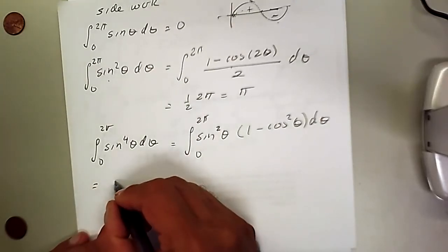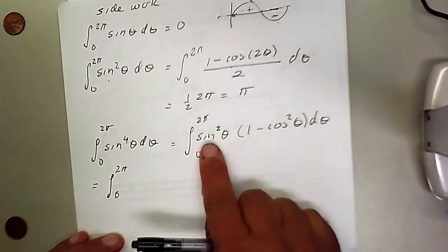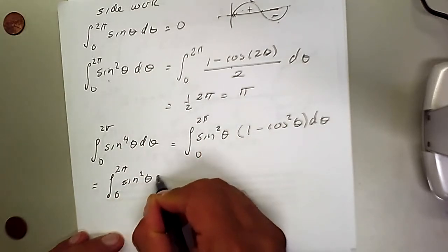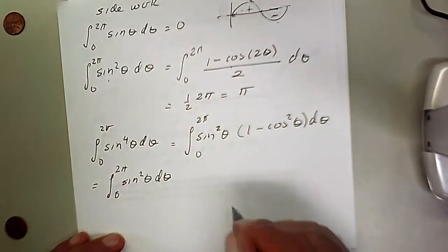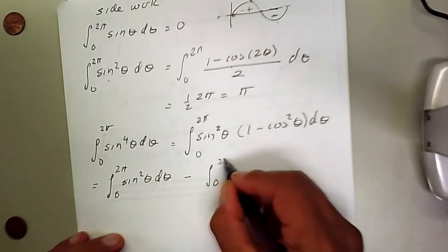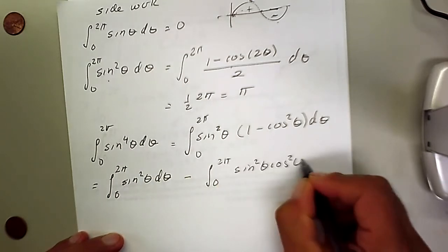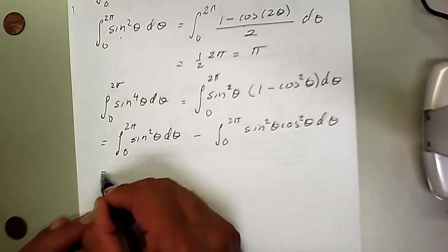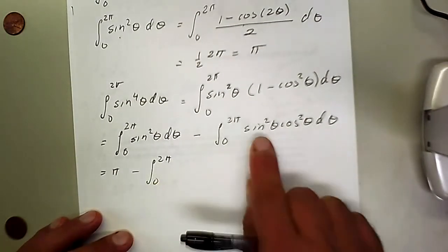So we have the integral from 0 to 2 pi of sine squared, which we already know the answer to. It is pi. That's right there. Minus the integral from 0 to 2 pi of sine squared theta cosine squared theta d theta. Okay, so that is going to be pi minus the integral from 0 to 2 pi. That is really